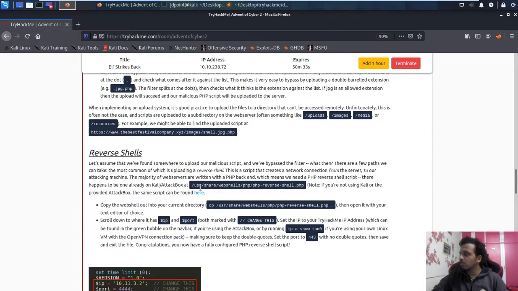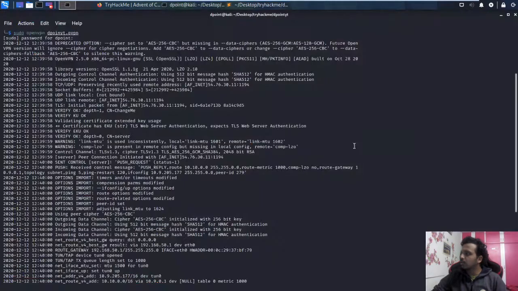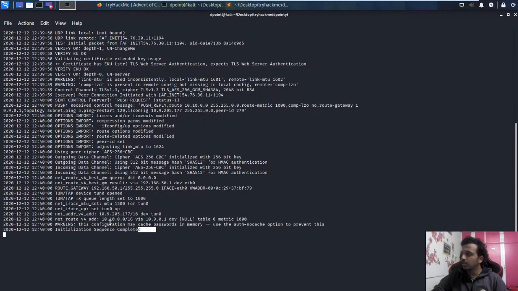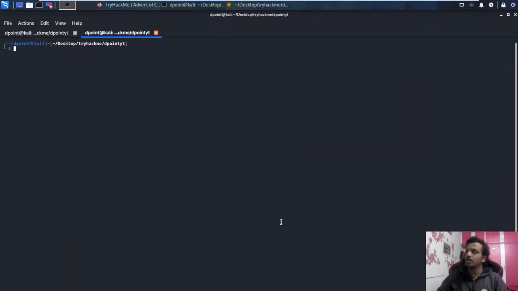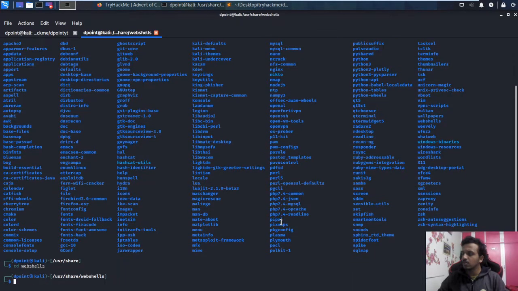Let's save this, and in the terminal, as I've already connected, the sequence is completed. Now here I can cd to the absolute path /usr, then web shells, and run ls.